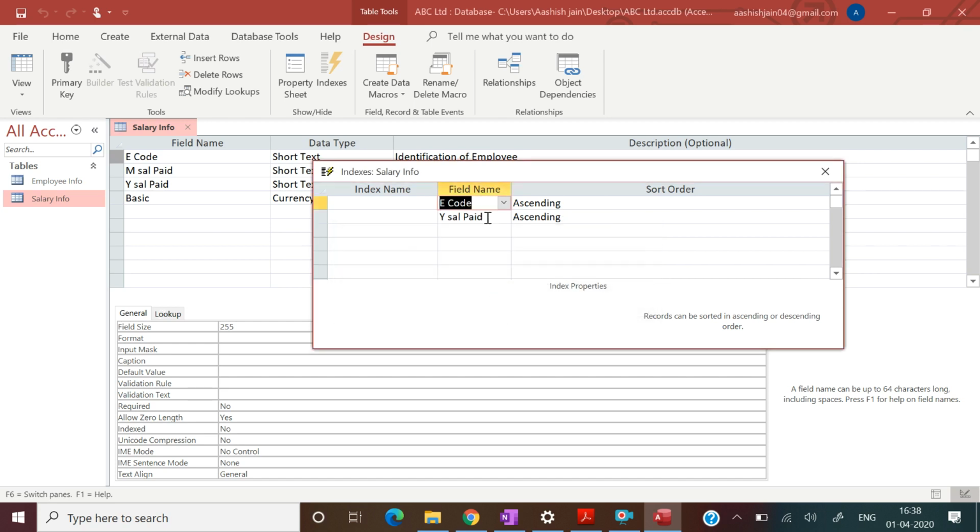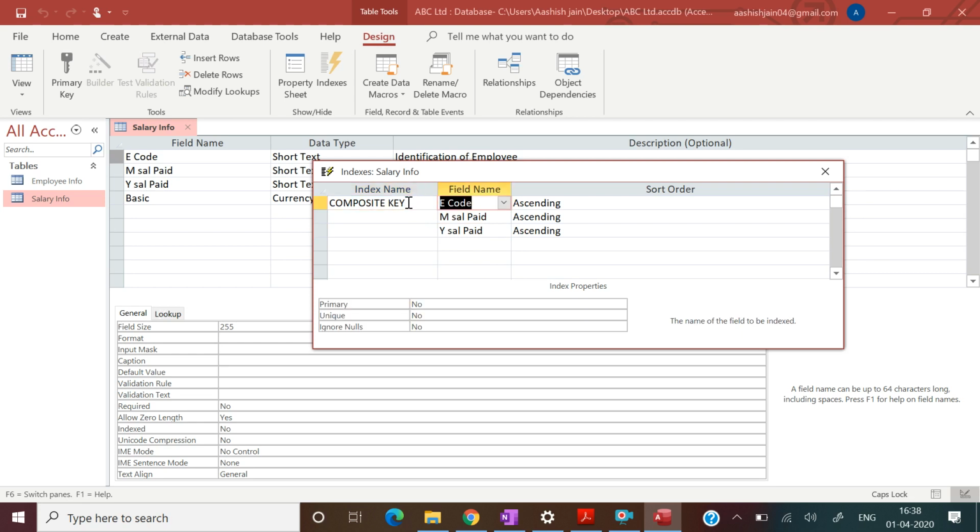Okay, we need to select E code, month of salary and year of salary, and put index name here, composite key. Okay, now take your cursor here, composite key, and you need to select this unique, make it yes.